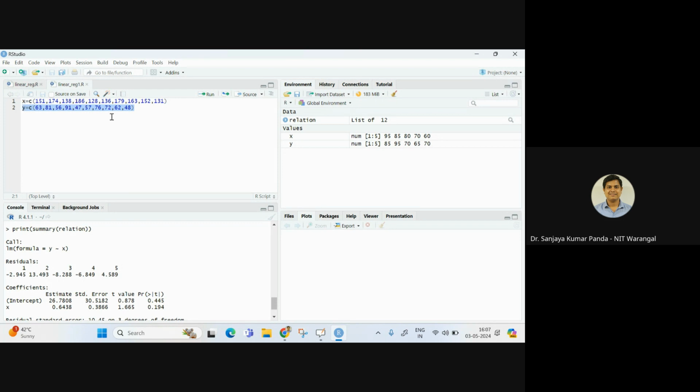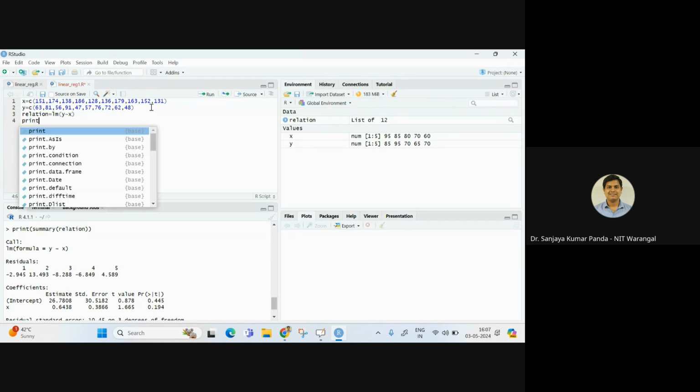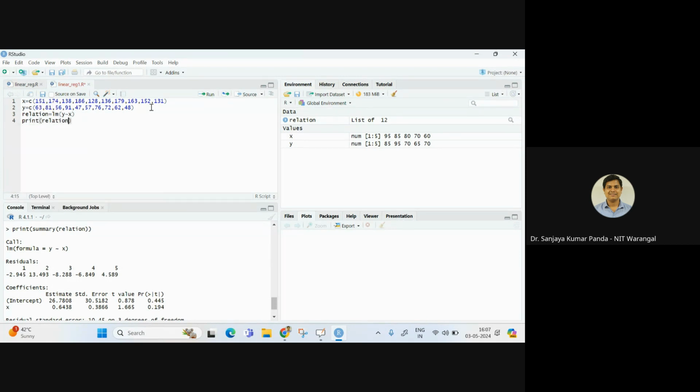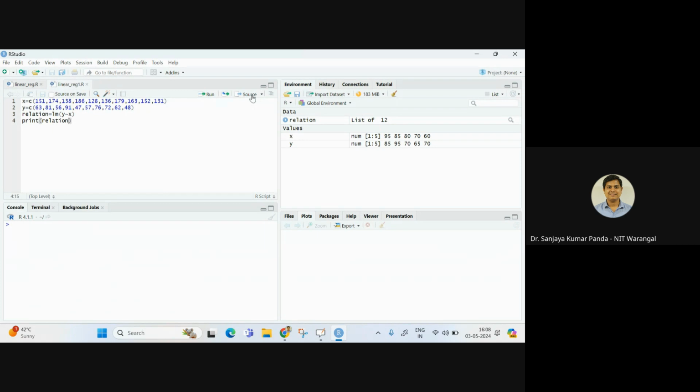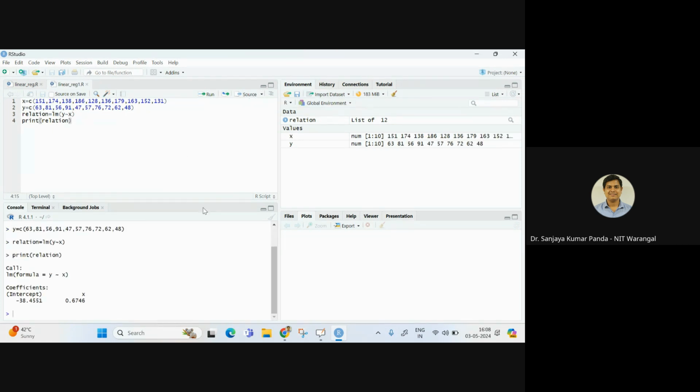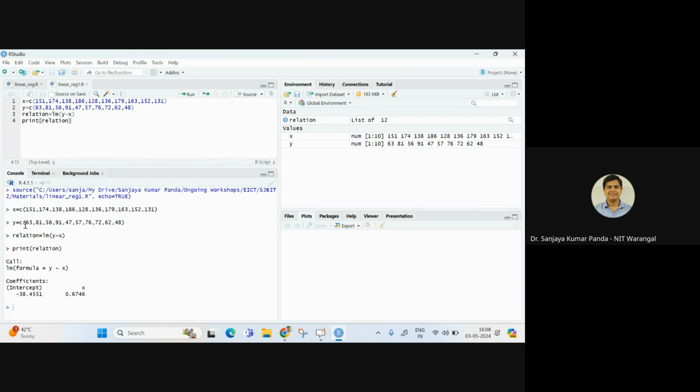Okay, so in order to establish the relation, I told you you can take any variable. Let me take a variable relation is equal to lm, which is linear model, and y is a function of x, and I will print relation. If you run this code, let me clear my console so that you should not confuse with previous output. So if I run it, it is taking x value here, y value here,